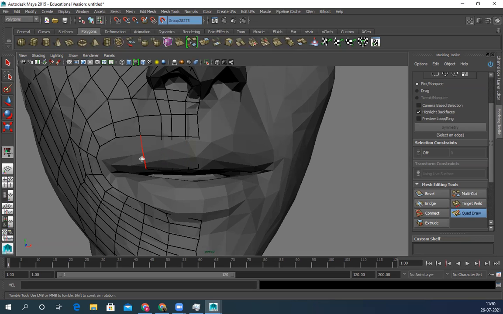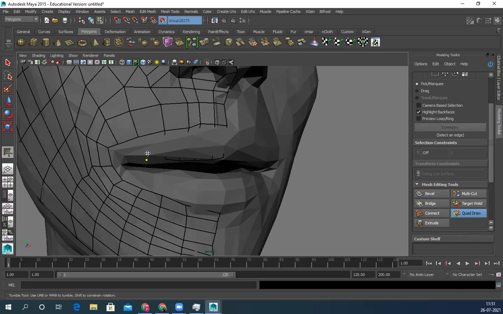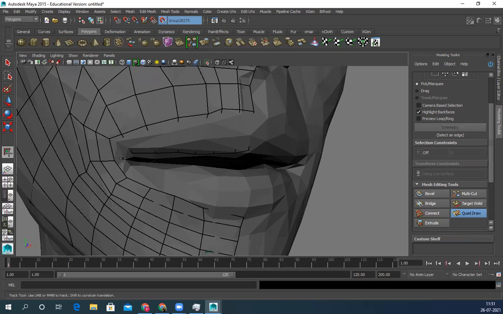You can just create it like this and then align it with the lip boundary. And control click and add another loop in between.